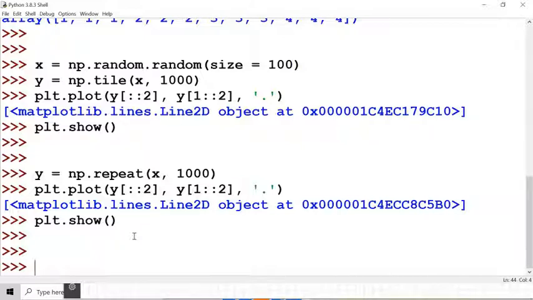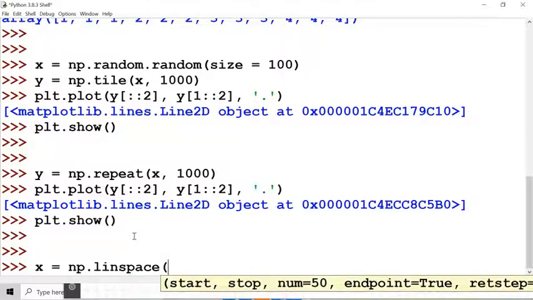For example, any mathematical function. Let me create x equal to np.linspace, from 0 to 1000, with 100,000 numbers.